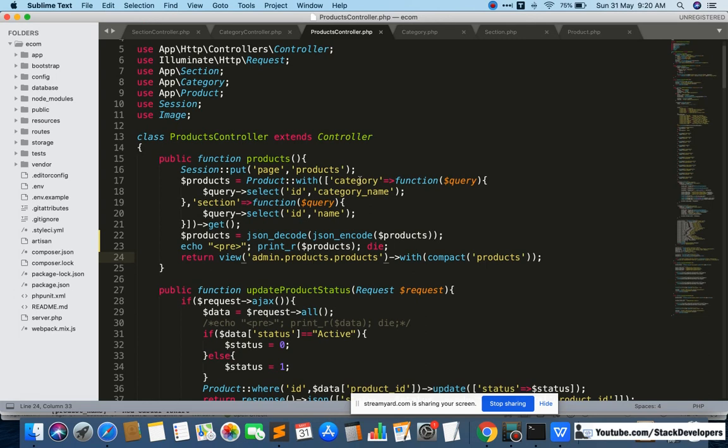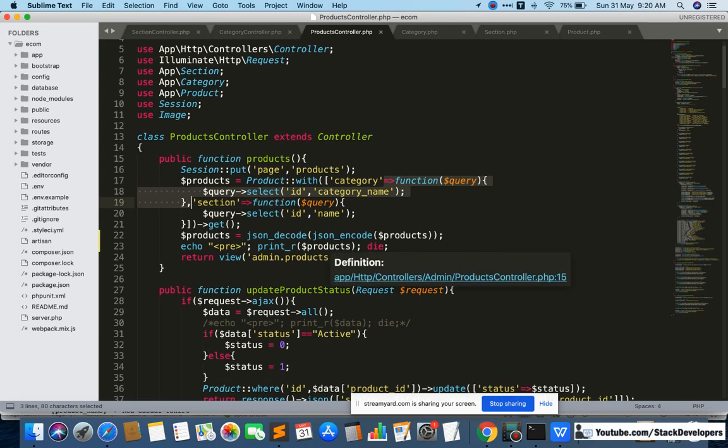Okay, see here, for the category we have got the details from the category model, and here you can see we have done the subquery, because we just want the ID and category name only. If you remove this subquery, see, I am going to remove this subquery, then all the category details will come.